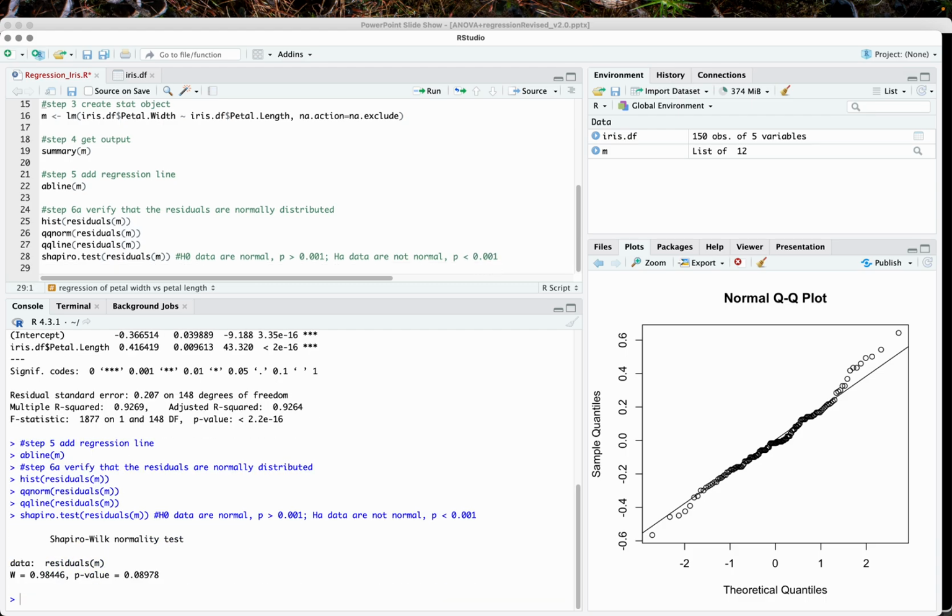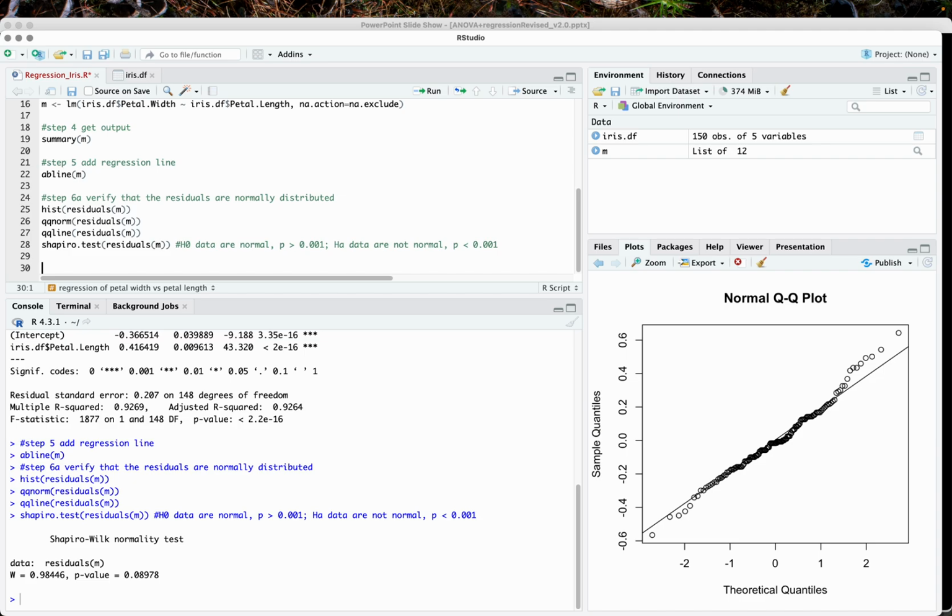Okay, so here we go. Oh my goodness, there's our p-value. It's basically 0.09, which is definitely greater than 0.001. So this says that the data are normal. So 6A, residuals appear to be normal. Great, wonderful. Let's do step